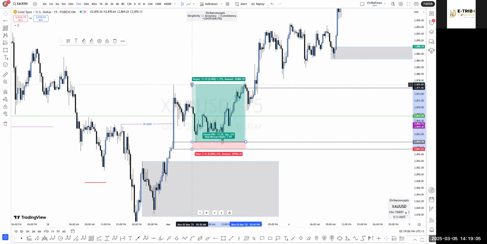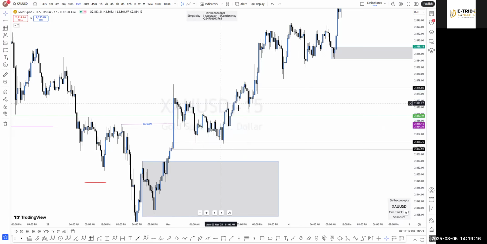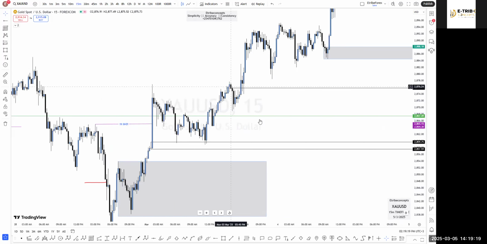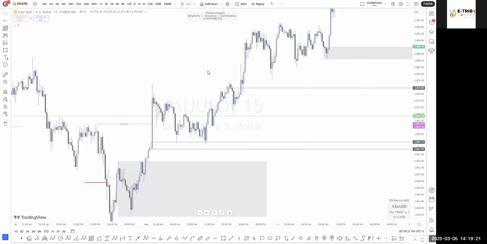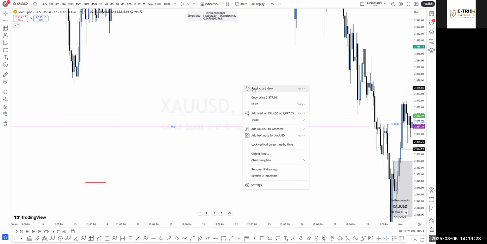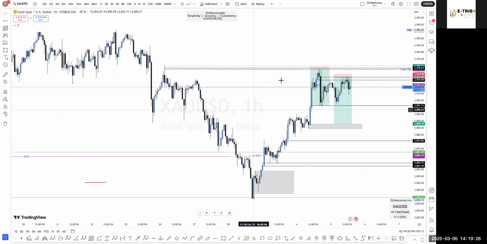So that's an RR of almost 1 to, I think 8, which isn't bad. So depending on what you're risking, this will make sense. Now, from this particular zone, if I go back to 1 hour, I'm following price towards the daily